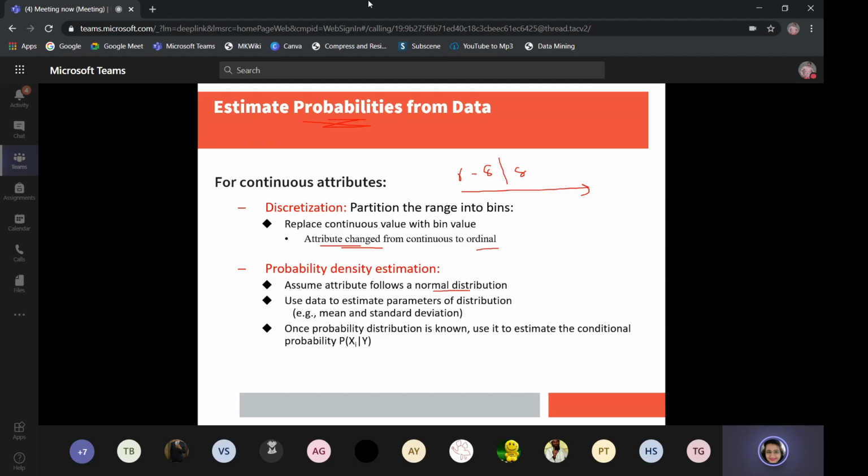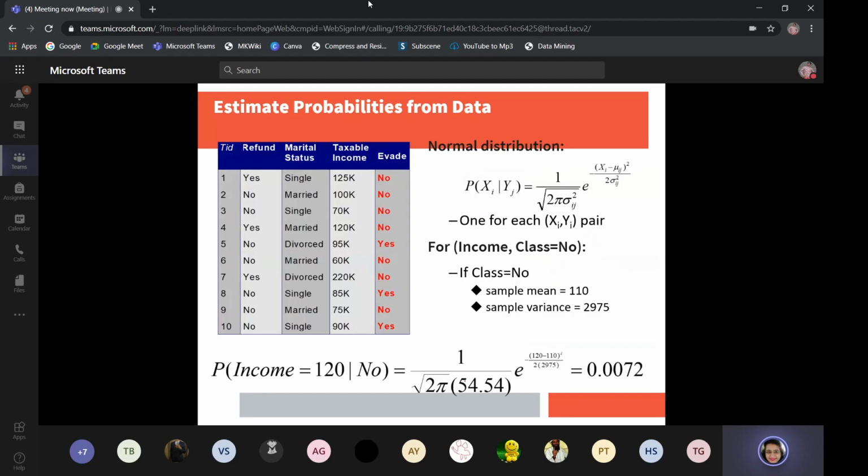कई जगह normal या Gaussian distribution use करते हैं, which is basically x minus mean divided by sigma square. तो ये probability estimation होता है for normal या Gaussian distribution. So for a particular attribute you can compute the mean of that attribute, and you can compute the variance of that attribute. And when you apply it to this formula, I think it is something like this: e raised to x minus mu by sigma square, something like that. When you apply this formula, you will get the probability distribution.